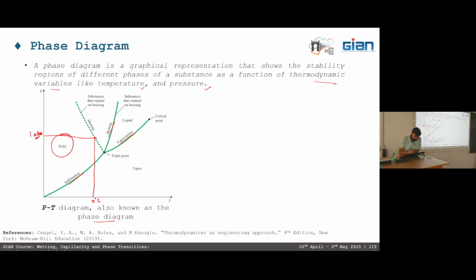Before this state, at lower temperatures at 1 atmosphere, we'll see that ice or solid form will exist. But beyond this point on this phase diagram, the melting will commence and we'll see liquid water. Further, as we move on the same pressure but at 100 degrees centigrade, the liquid will convert to steam here. So all this information we get from the phase diagram.